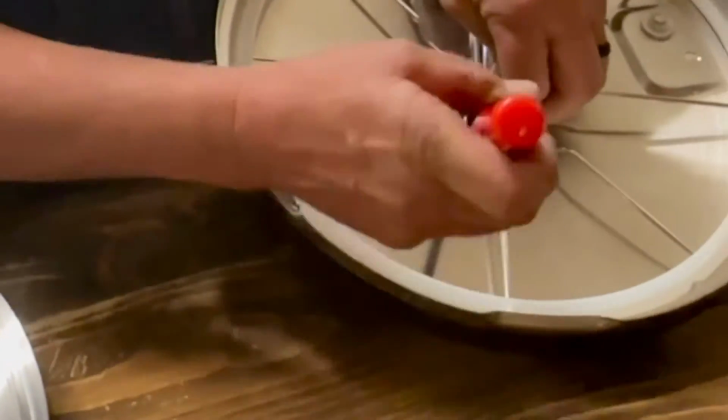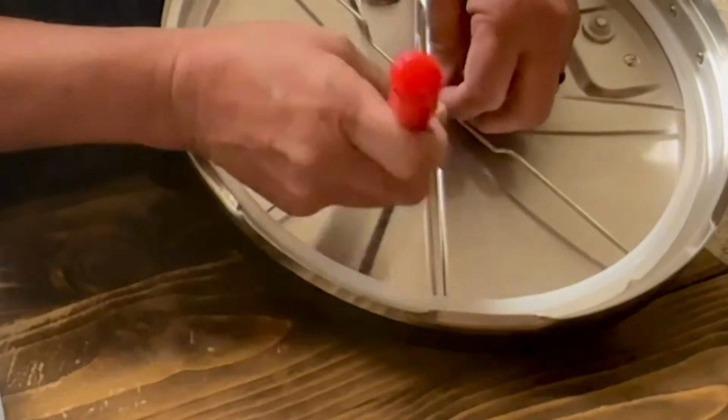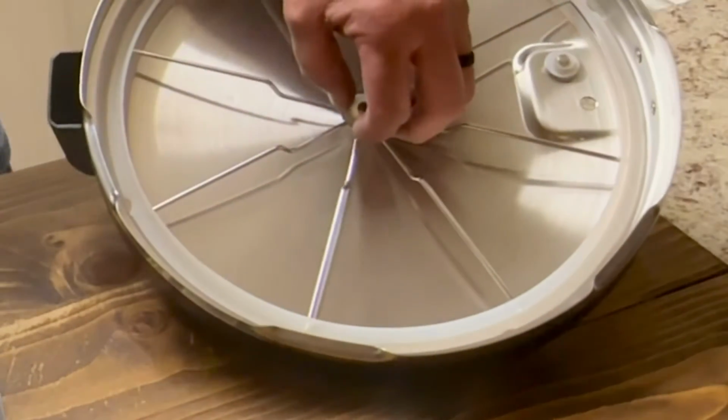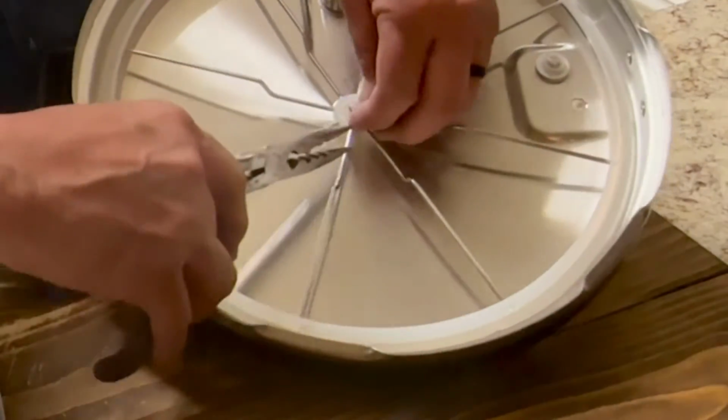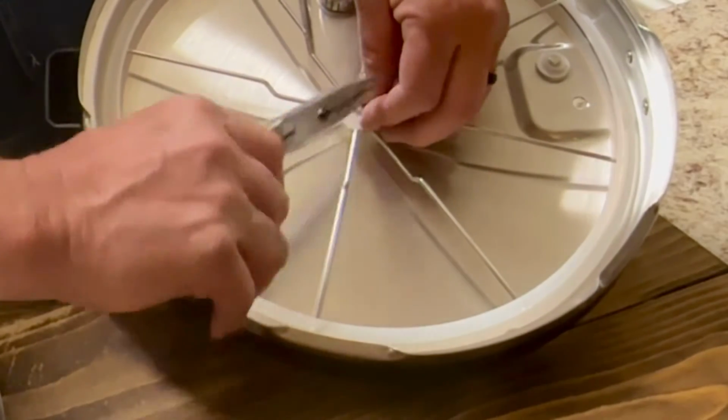I'm trying to turn the camera so everybody can see. It'll be hard with my hands up in here if y'all see it, but... I'll tell you what I'm going to do. I'm going to go to my little old pliers. You just don't want to squeeze too much. I just want to get them. I'm going to try to...